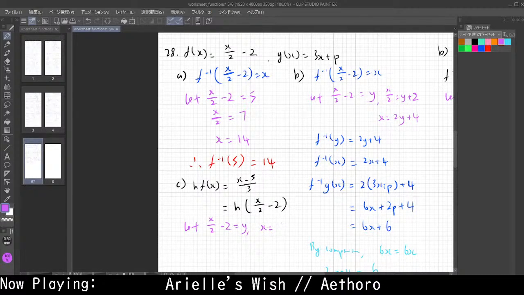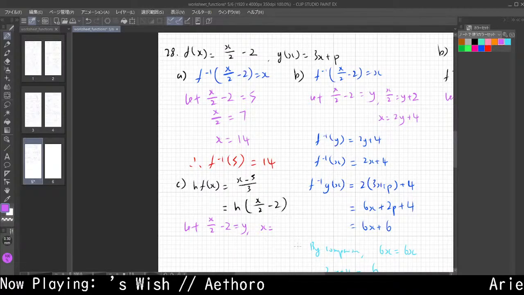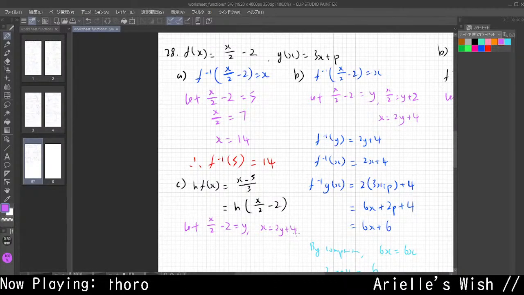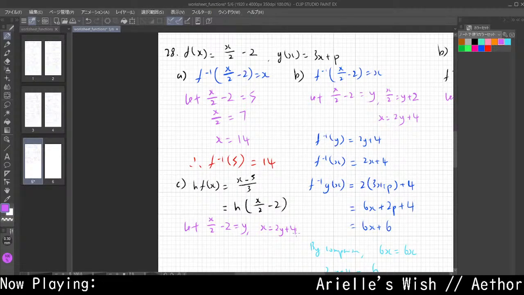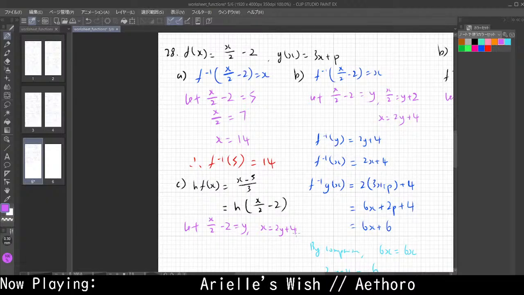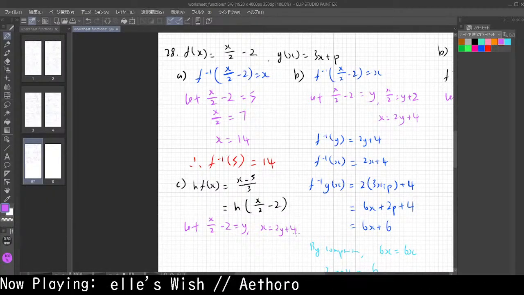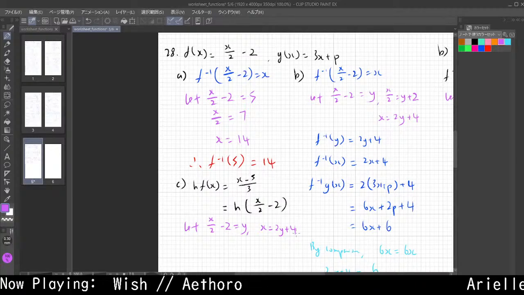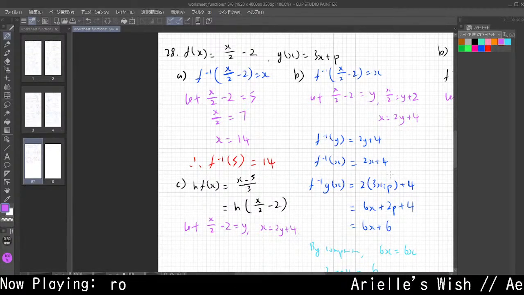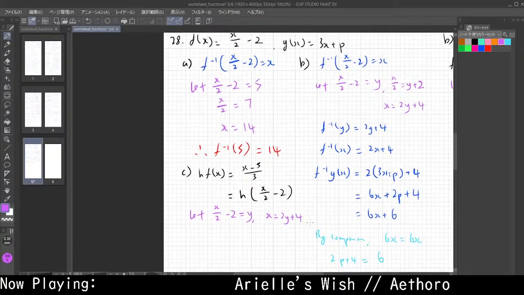I'll speed up a bit because this exact expression has been found in part B. I think I can do this instead. Okay, I think this is better actually. x equals 2y plus 4, then